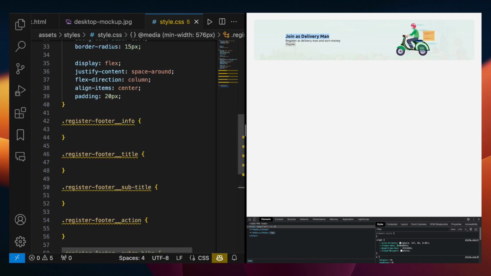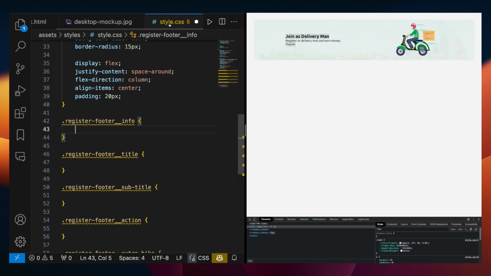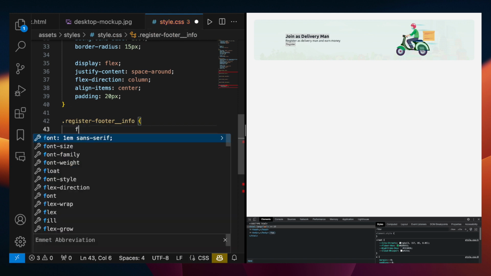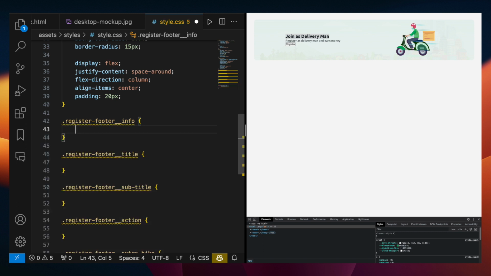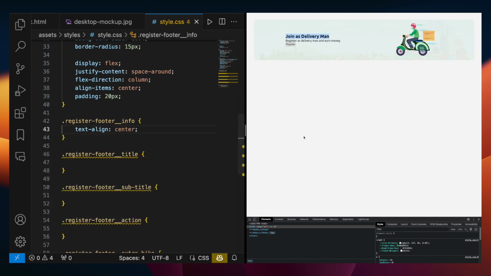like our title, info, and all of that stuff. So let's go to our info. Let's actually go back to our mockup and see how we want our info to be. I think we want our info to be all within the center. So let's just do text-align center. There we go. Should pull everything into the middle,